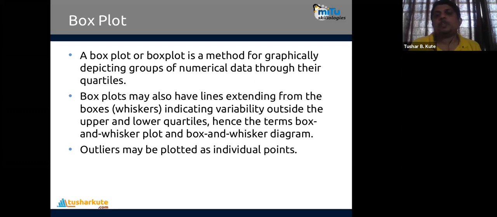If I want to show the distribution of the data within the first quartile, second quartile, third quartile, you can use the box plot. Even median, minimum value, maximum value, and even outliers can be detected by using a box plot. A box plot may also have lines extending from the boxes, called whiskers, indicating variability outside the upper and lower quartiles. Hence the name box and whisker plot.